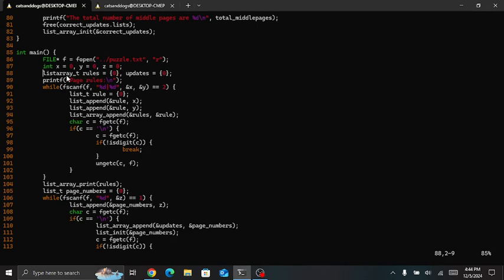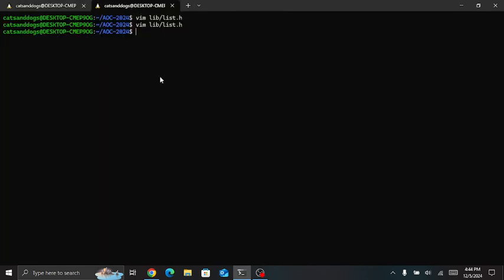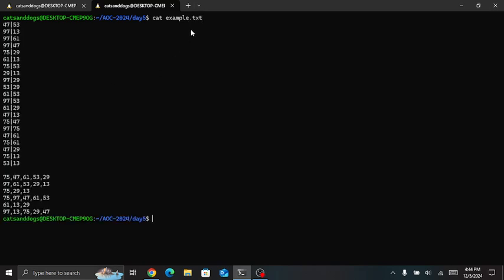We have a list array of our rules and one for each of our updates, right? And now, guys, we use fscanf to parse our file. So if we go into date5, you can see example.txt. So guys, you can see right here,